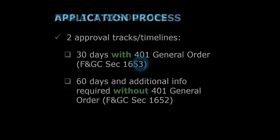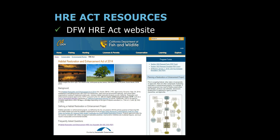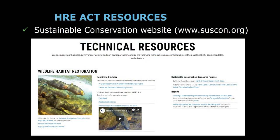Sustainable Conservation has been collaborating with the Department on the implementation of the Act since 2015. There are a variety of resources available to assist applicants, including DFW's HRE Act website, which has application forms, information on project planning, timelines, and more. Technical resources are also available on our website,